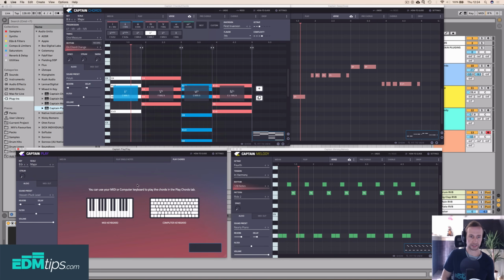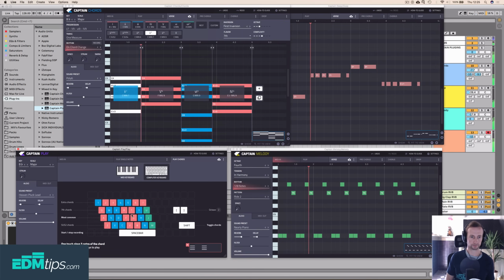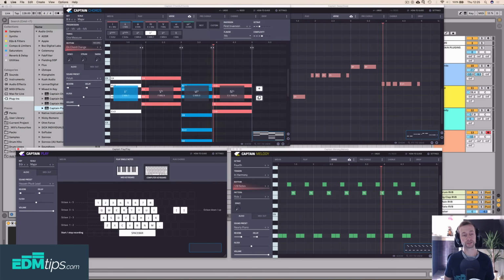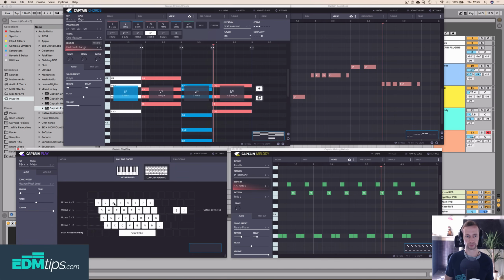Okay, so as I said, this is kind of a jamming program. You can choose your MIDI keyboard or you can use your computer keyboard. I'm going to use the computer keyboard, and you'll see it assigns different chords within the key you're working in to different notes on your keyboard. But I don't need chords because I've already used Captain Chords, so I can change it to play single mode. And it just gives you notes from within that scale as well. So let's turn off, which is great for melody writing, for instance, or counter melodies, but we'll turn off our melody at the moment. And we will just use